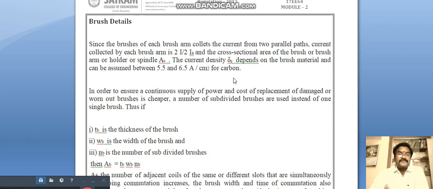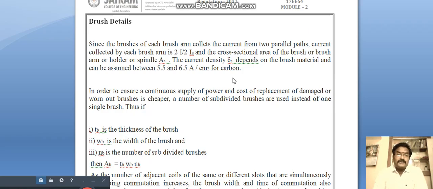Okay, brush details. Since the brushes of each brush arm collect the current from two parallel paths, one positive and one negative, the current collected by each brush arm is 2I_a by 2, and the cross sectional area of the brush or brush arm or holder or spindle is A_b. The current density delta_b depends upon the brush materials and can be assumed between